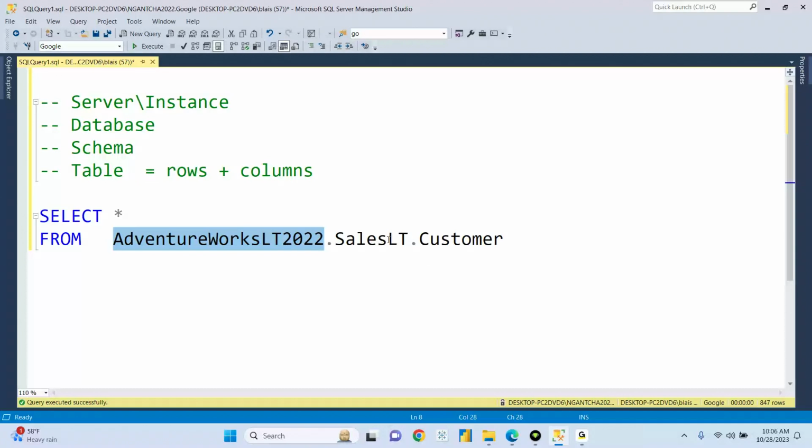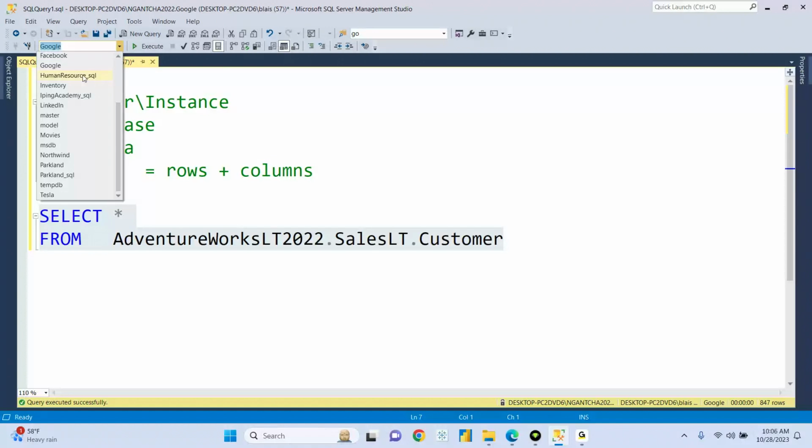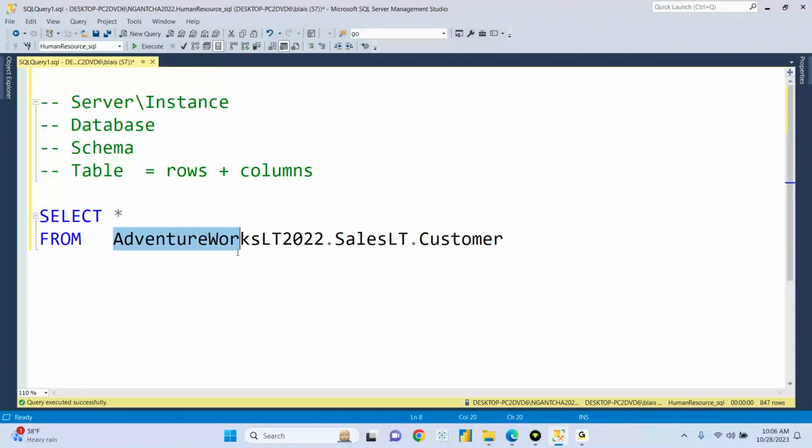Connect to the sales LT schema and fetch all the columns from the customer table. This is very precise and this thing will deliver. It doesn't care what database is flagged right here, because the database name is embedded in the instruction. So what we've been doing so far is we kind of separate these two. I can remove this part,